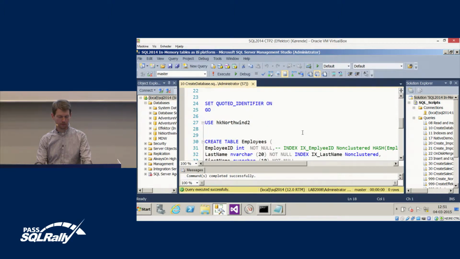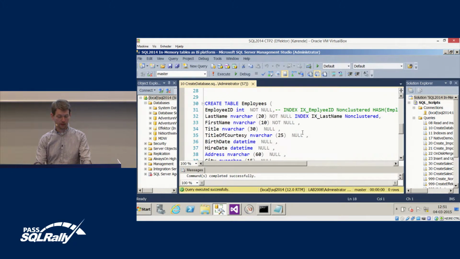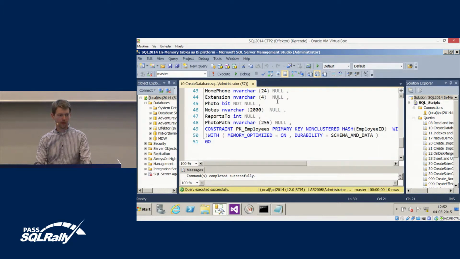So that's it. Now I have a database that's ready to hold memory optimized tables. That's actually everything that we have to do in order to get started with the product. The same thing, create table. Well, nothing new about that. There are a few things that are new to the syntax. With memory optimization on,